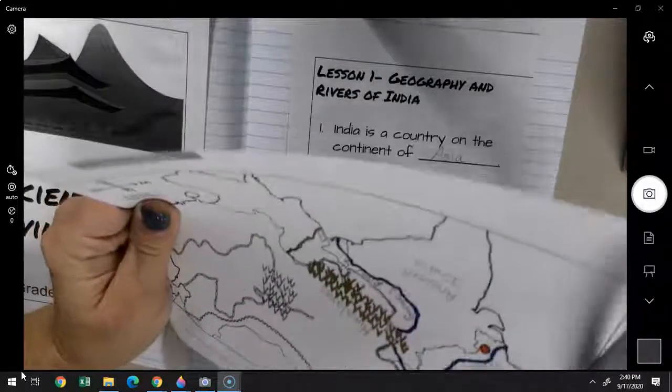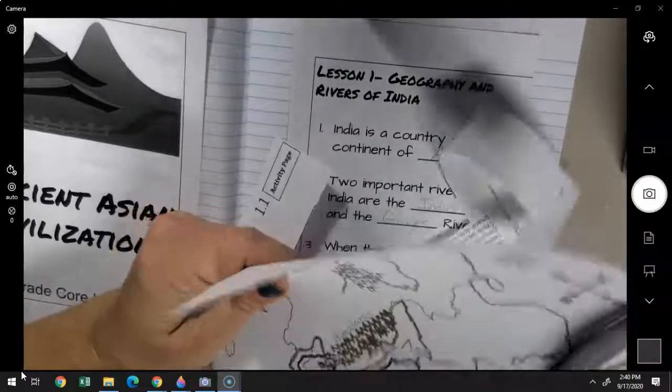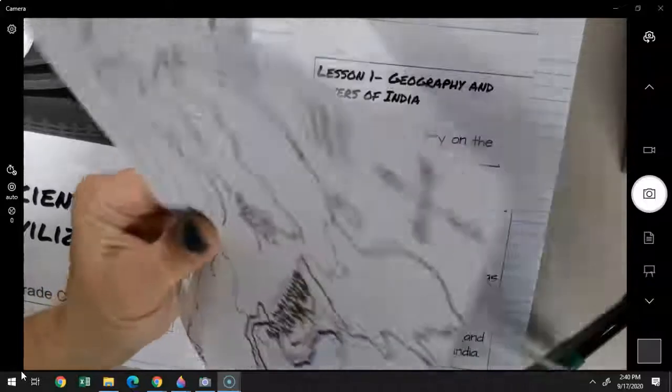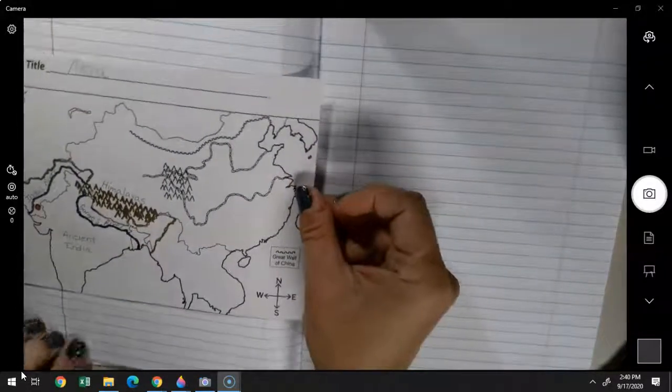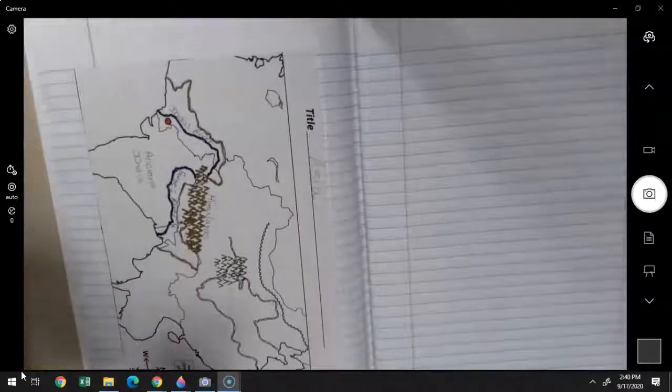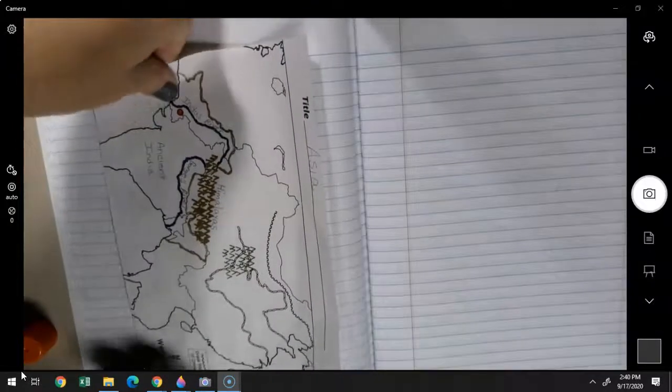And cut that out. Okay, and once you have it cut out, you are going to go to the next blank page and glue it in so you can see it. Probably won't fit sideways. Probably best to put it this way. So then we're going to glue it. Now as we come to other parts of Asia, we will come back to this map and add some more information. But for right now, here is where we are.